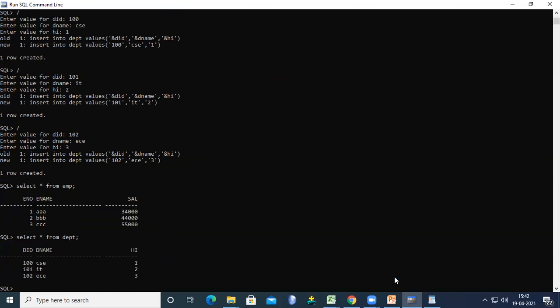If we want to display both tables together, how can we write the query? Simply, select star from table name displays one table. Am I right? Now we are displaying two tables.